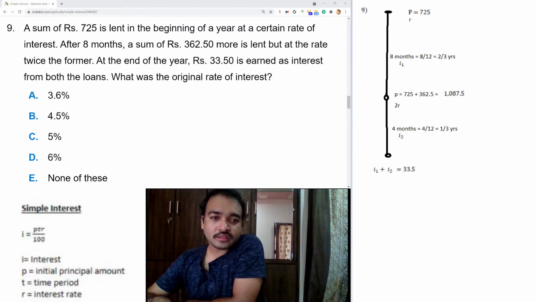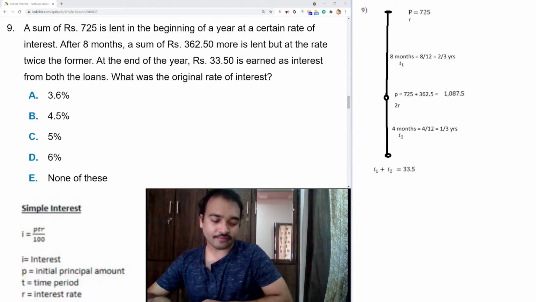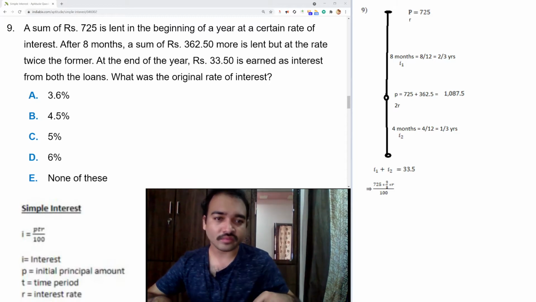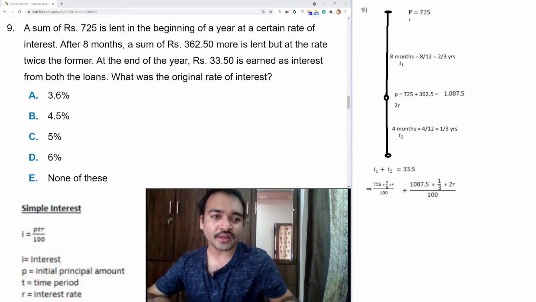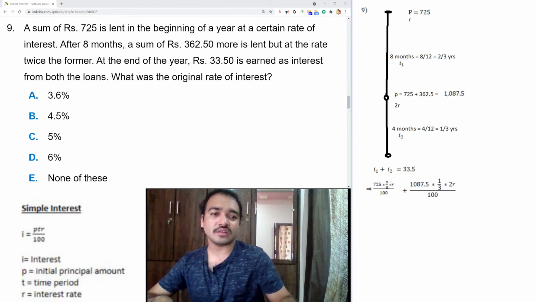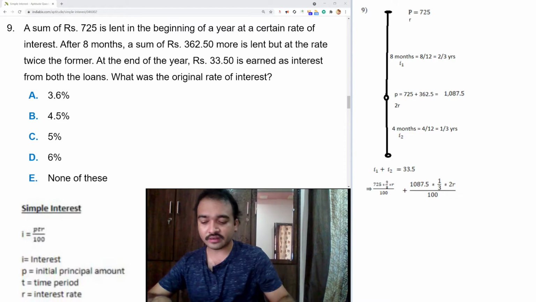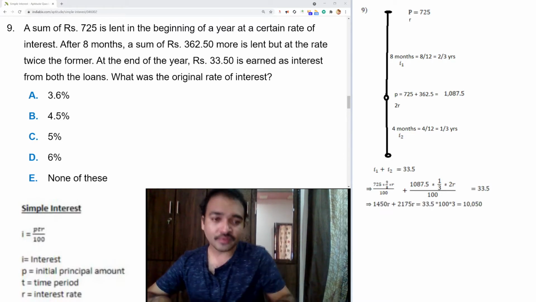If you substitute the PTR values in the formula, P is 725 into T is 2 by 3 into R by 100 plus 1087.5 into time is 1 by 3 into rate of interest is 2R by 100, which equals 33.5. If we simplify this,